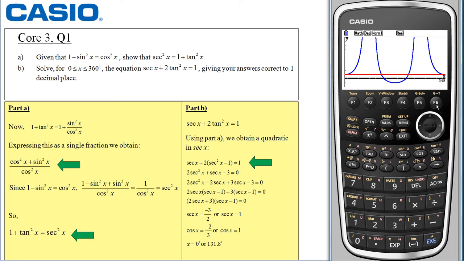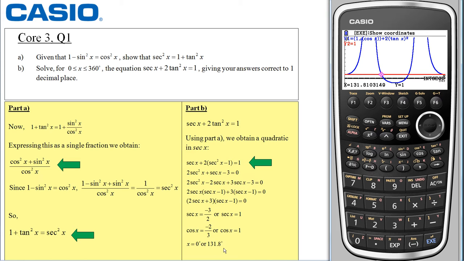Okay, now although the blue function, which is sec x plus 2 tan squared x equals y, cannot completely be seen, we can see its points of intersection with the line y equals 1, which is in red. So if I select F5 for Gsolve, and F5 again for intersection, the first solution you can see is 0 degrees, x equals 0, and that corresponds to what I have down here. And if I scroll to the right, the next one is 131.8 to 1 decimal place,